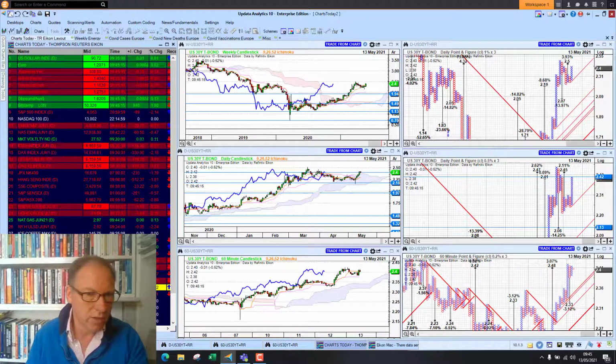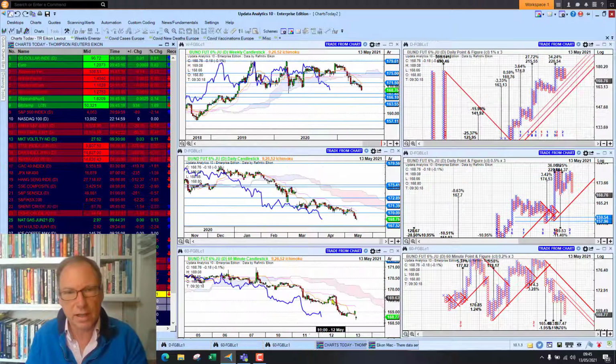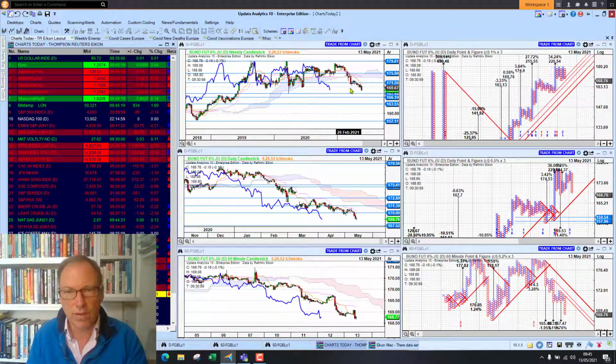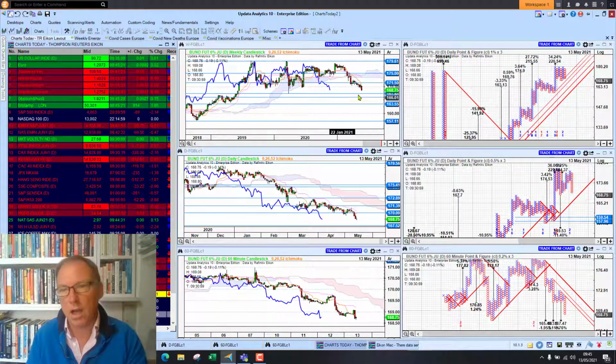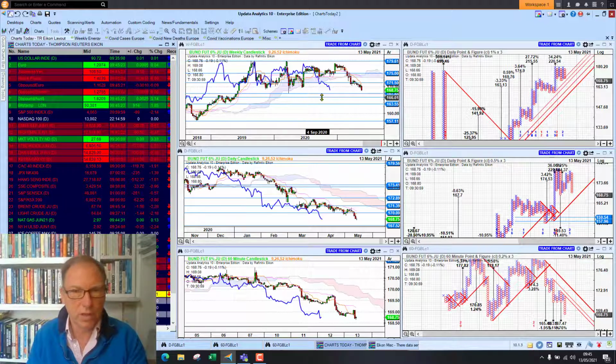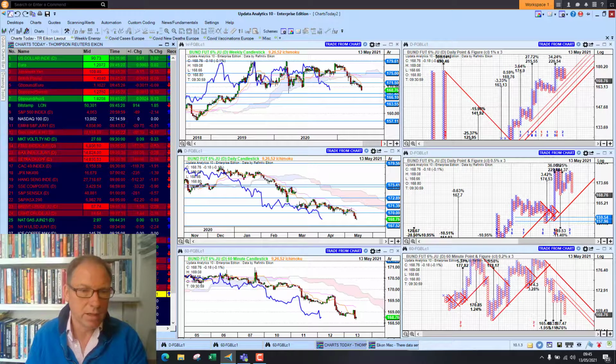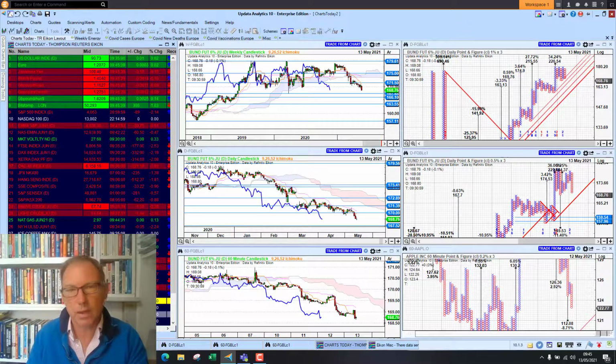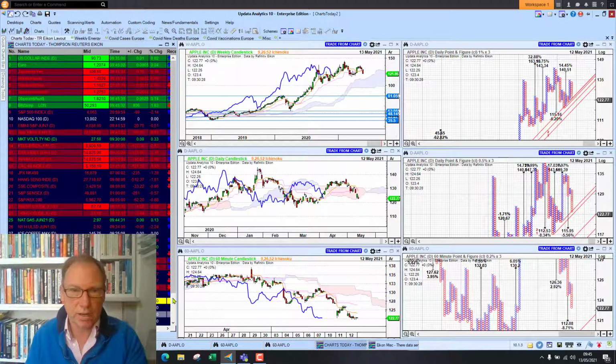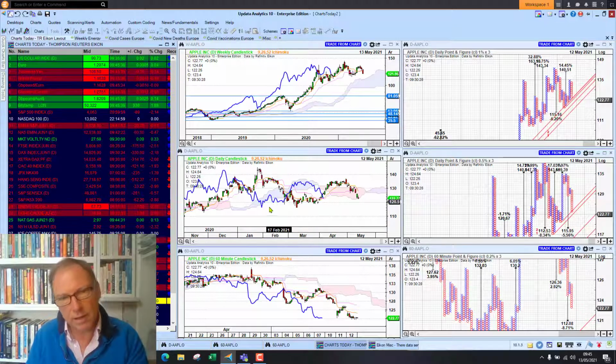Just taking a look at the German bond, I did post on LinkedIn saying 170 was the critical level. We're through that now. This is breaking a long-term trend. If we hold this for a week or two, this is really starting to be showing the end of the bond market. So that's significant, and that is having a big impact on equities, of course. Inflation fears coming through.